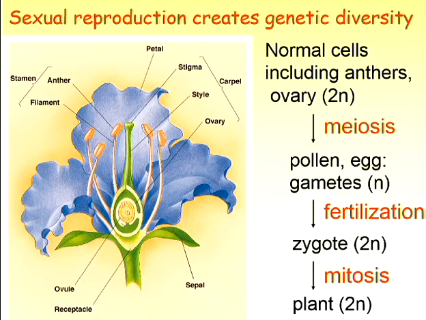So what happens in sexual reproduction is that the diploid organism has a special kind of cell division called meiosis, where the genes are separated. Out of every 2 copies that the plant has, only one ends up in each of the daughter cells, which are called the gametes, the pollen and the egg cells, and they are haploid. So they have only 1 copy of every chromosome instead of 2. And then these pollen and egg cells find each other, they fuse together, and then you have a diploid cell again. And this first cell is called the zygote, which has just formed from a pollen and egg cell fertilizing each other,